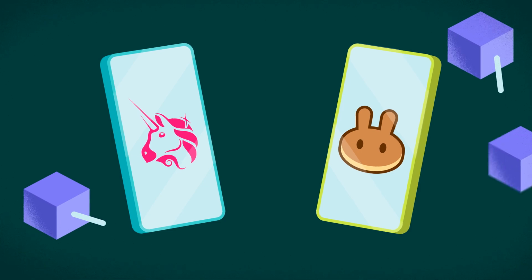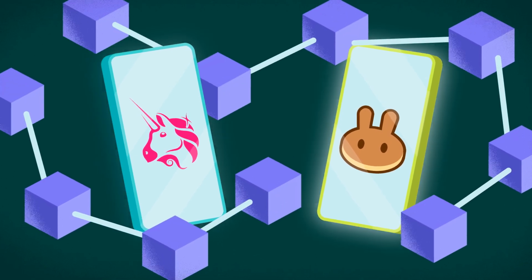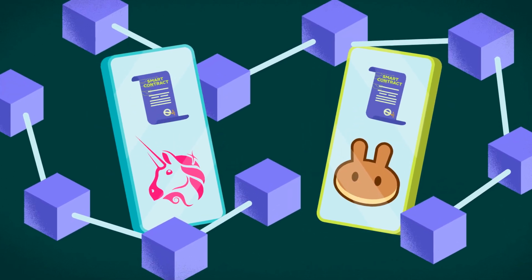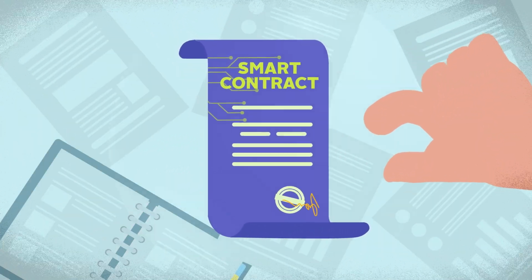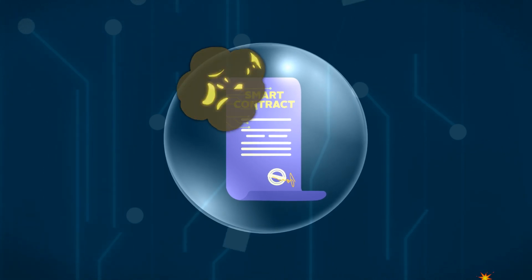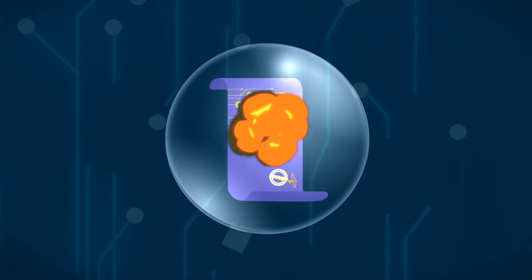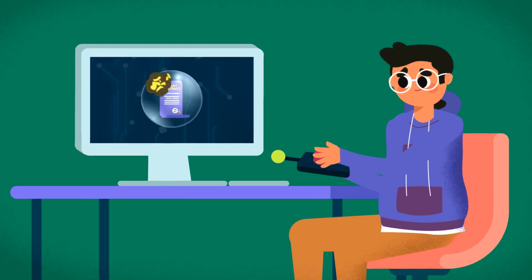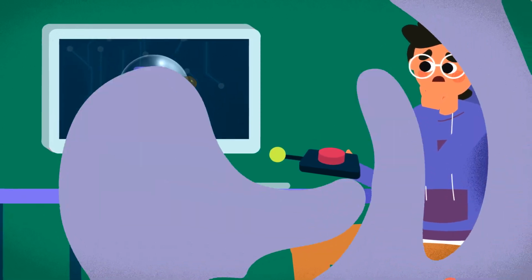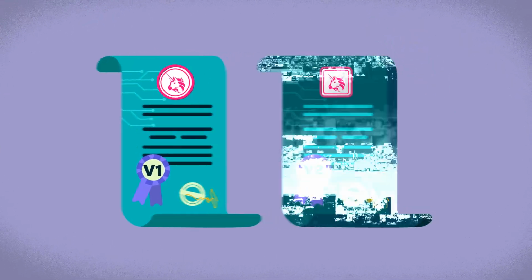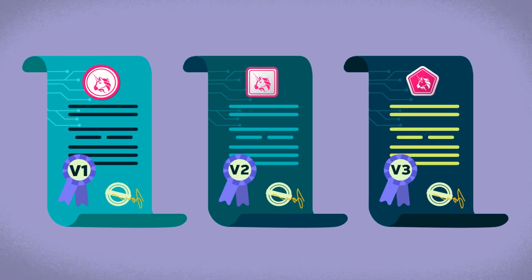At their core, dApps like Uniswap or PancakeSwap run on smart contracts. And here's the thing about smart contracts. They're immutable, meaning that once they're deployed on the blockchain, they can't be changed or modified. If they can't be modified, how do developers make improvements or add new features? Well, one of the few ways that contracts can be made upgradable is via the versioning route we mentioned earlier,